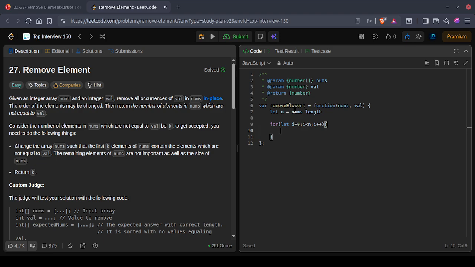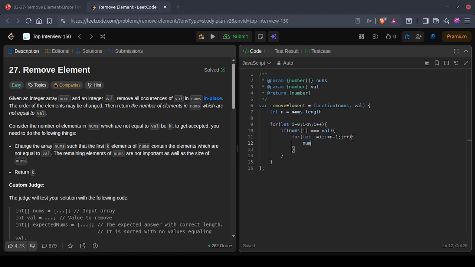Now we have to check at every index if the current value is equal to val or not. If nums of i equals val, we need to shift all the elements to the left, like for let j equal to i, and j is smaller than n minus 1, and j plus plus,